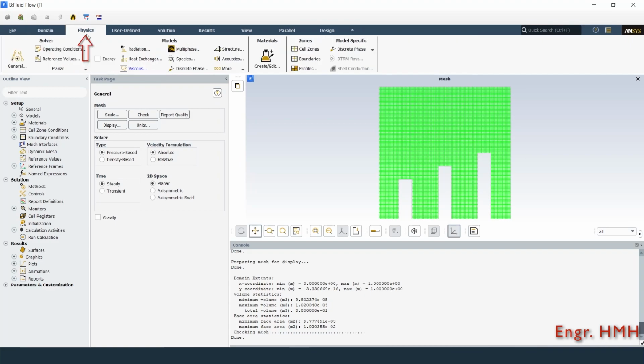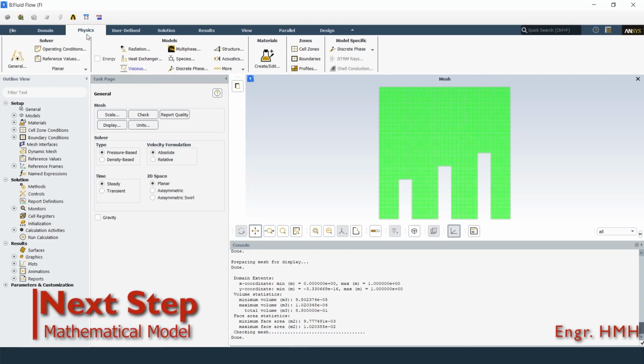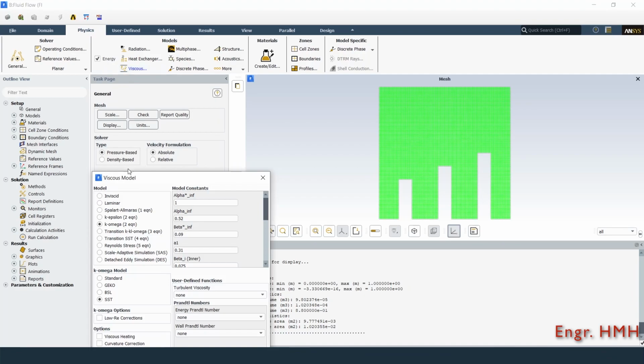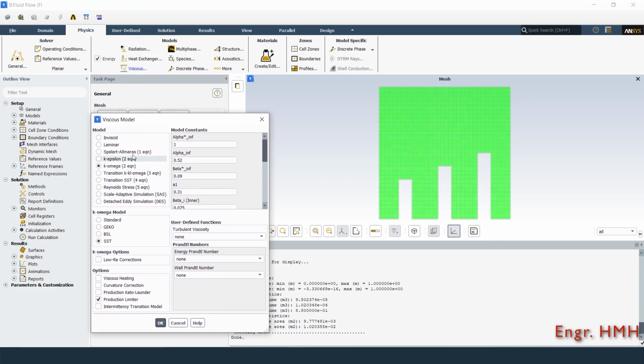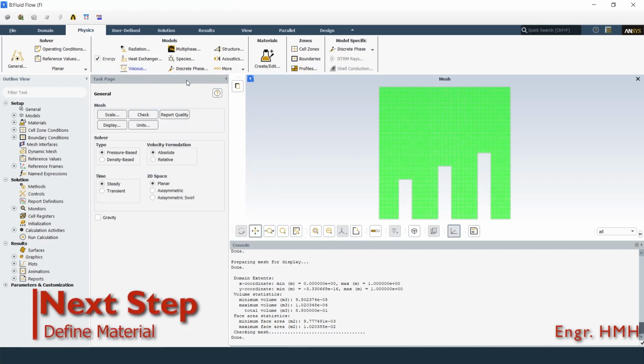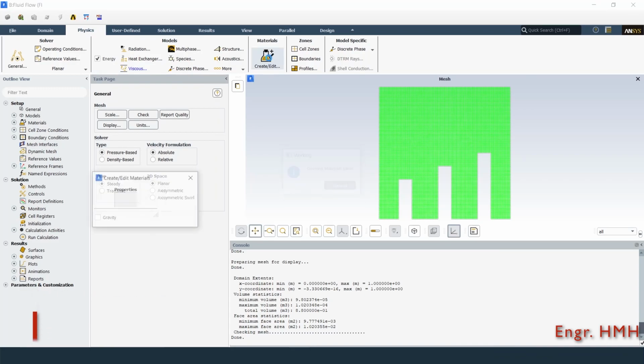Now move to the physics tab and turn on the energy model. It is the only equation needed to solve our conduction problem. The viscous model doesn't get involved in this simulation, as there is no fluid flow. The next step is to define the material within Fluent.